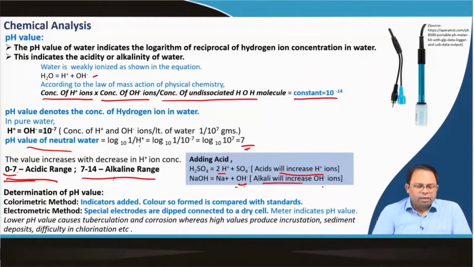pH value. Lower pH value causes tuberculation and corrosion, whereas high values produce incrustation, sediment deposit, difficulty in chlorination, etc. So, that is why we need to be careful about the pH value. If the pH value is lower, which is acidic, it will create tuberculation and corrosion of the pipelines. Tuberculation is one form of corrosion, of course, whereas high values create incrustation, that means sediment deposits happen, and it also creates difficulty in chlorination, and this kind of